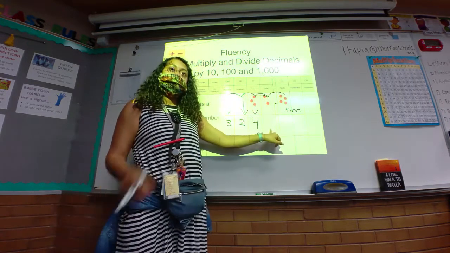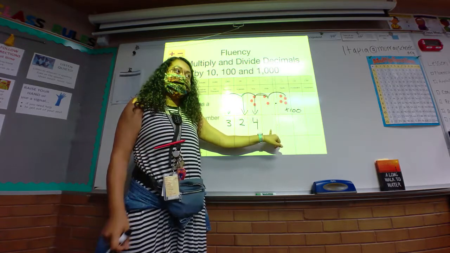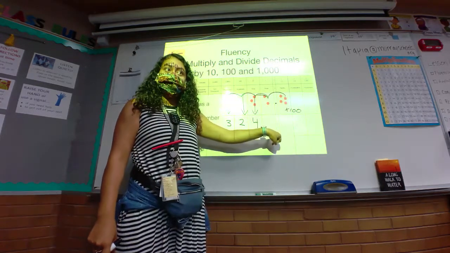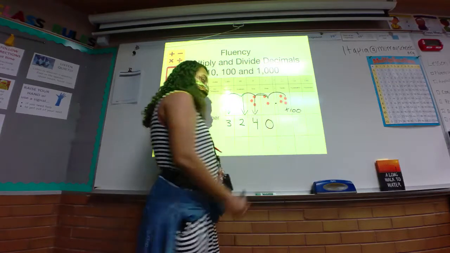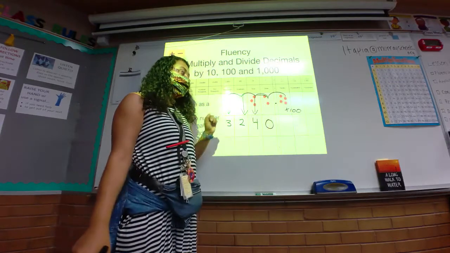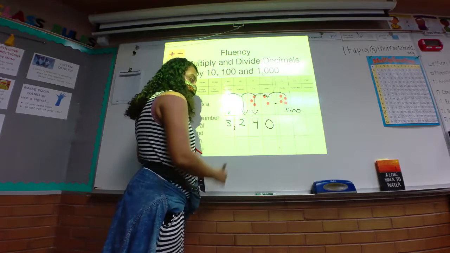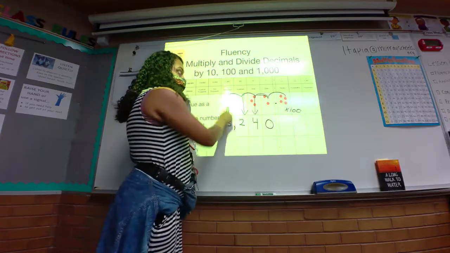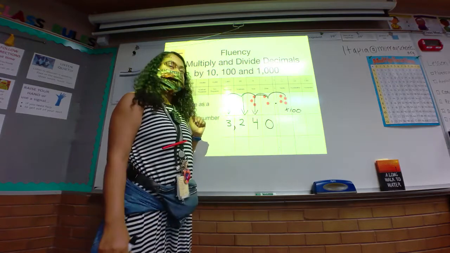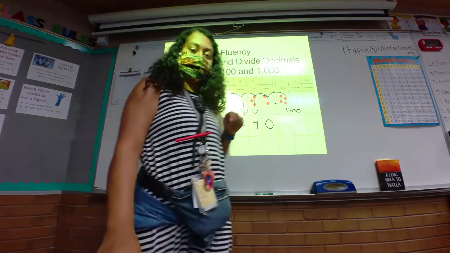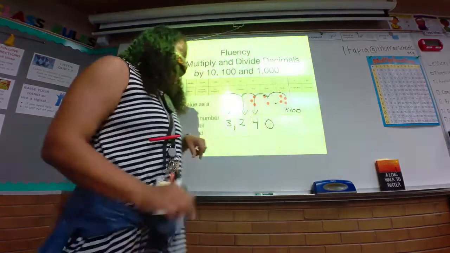Okay, we have a blank, so we need a placeholder. So what do we put here? 0. Good, Dylan and Ledger. So now what does it equal? 3,240. This is in a measurement unit. Good. Okay, so now,